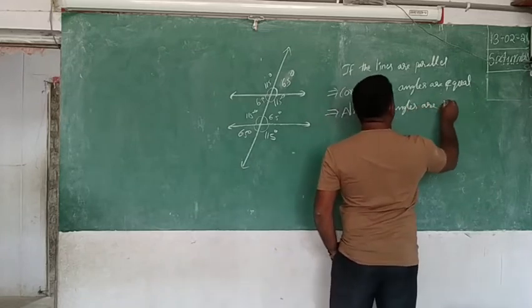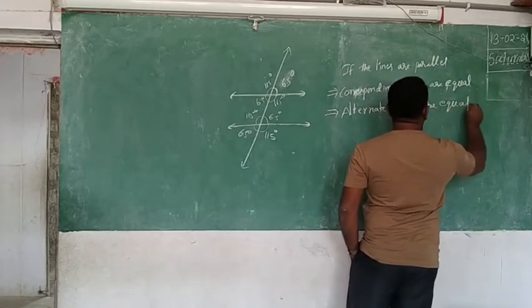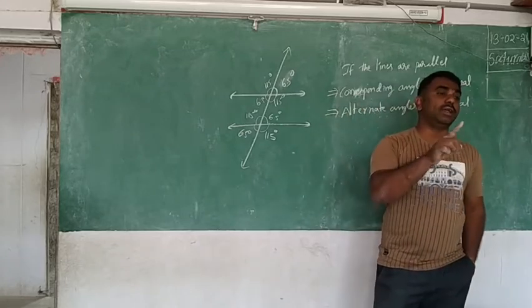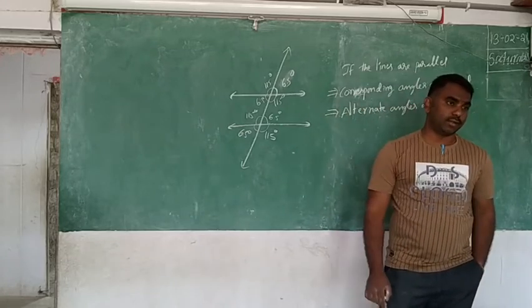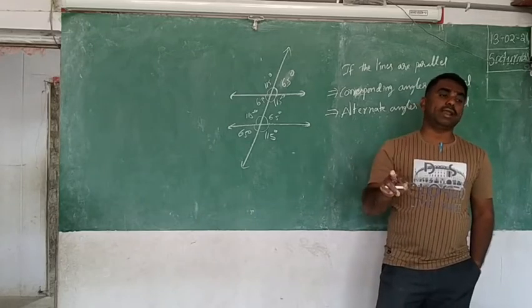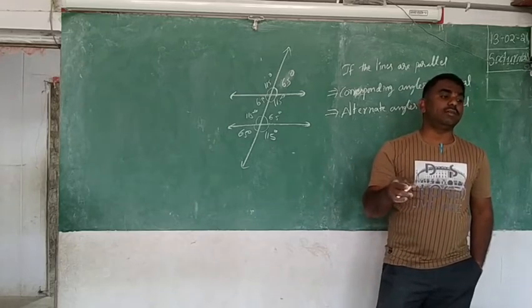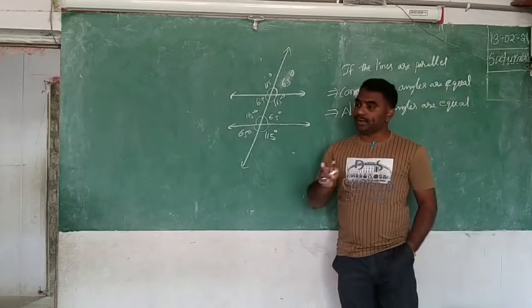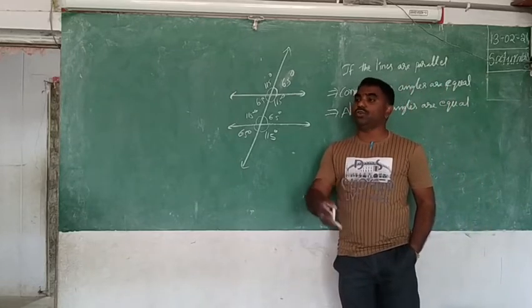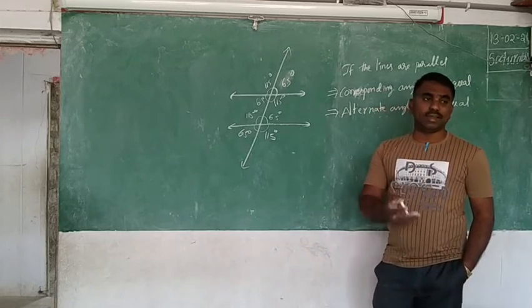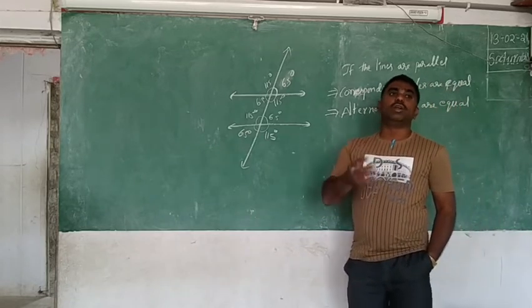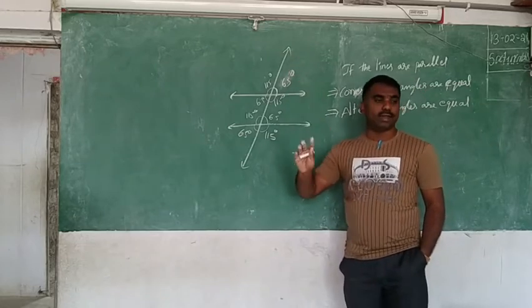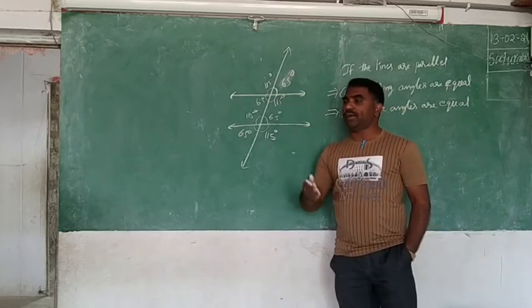So in two directions you can observe that when you find alternate angles are equal, then you can say that the lines are parallel. If you know lines are parallel, automatically what do you say? Alternate angles are equal and corresponding angles are equal. This will be useful to you in future. When you are calculating something and you find that two lines are parallel, automatically you will say corresponding angles are equal. If you know one, you can find the other.